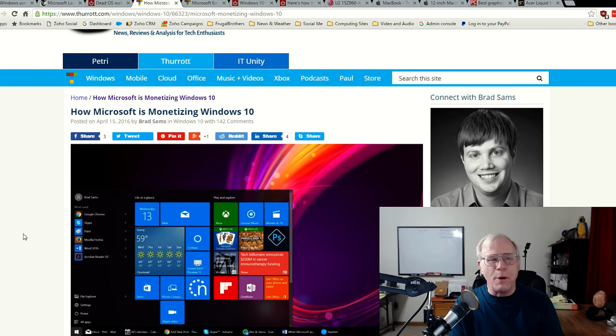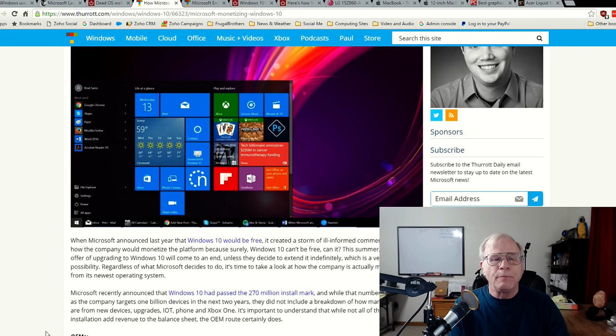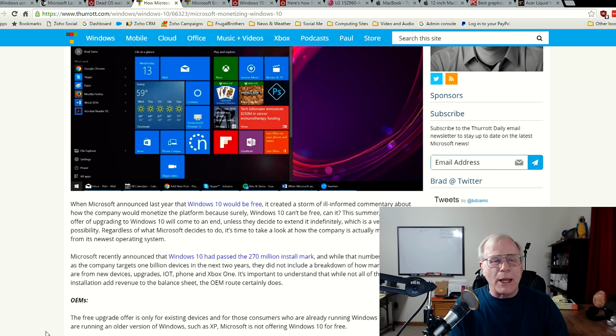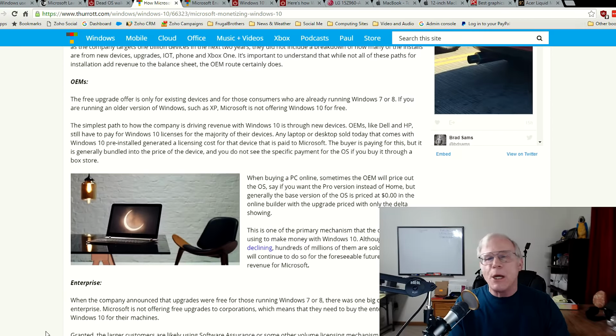How is Microsoft monetizing Windows 10? Well, a lot of people are scratching their heads wondering how they're making money on it since they're giving it away. Well, the biggest way that they're making money off of it, of course, is number one, their OEMs. So that's any company that sells you a new laptop, a new PC, many different Windows devices. They still pay Microsoft a licensing fee for Windows 10. So that is one of the ways that they're making money.